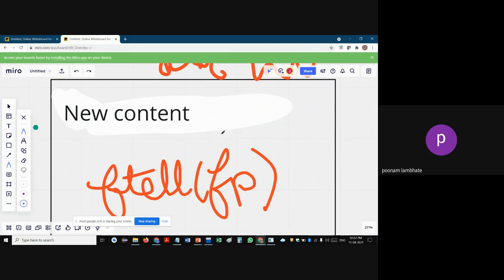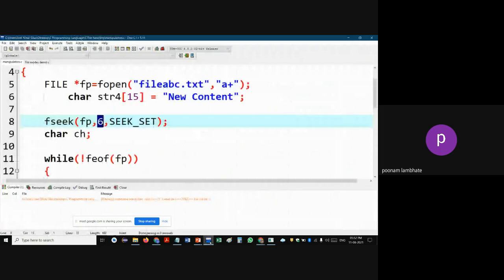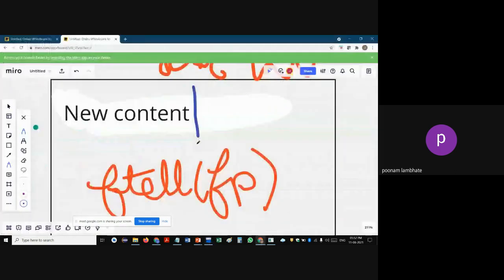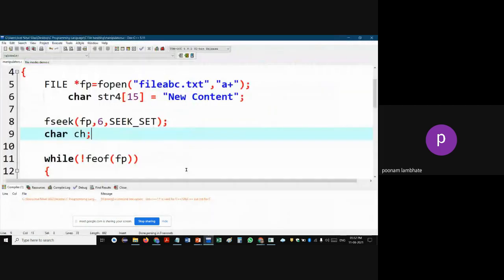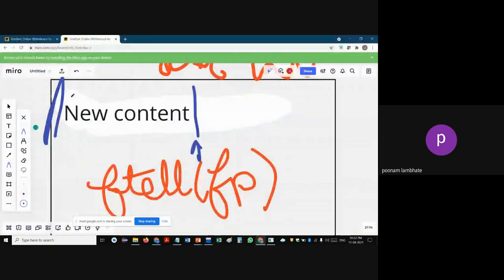So suppose you open the file in append mode, the cursor is over here. What I've done here is I have called this fseek function. Wherever the cursor is, in this case it is over here, it will first move to the seek set position, right? Seek set position, and then the offset 6 has to be applied, plus 6. So 1, 2, 3, 4, 5, 6. Now the cursor will be over here,